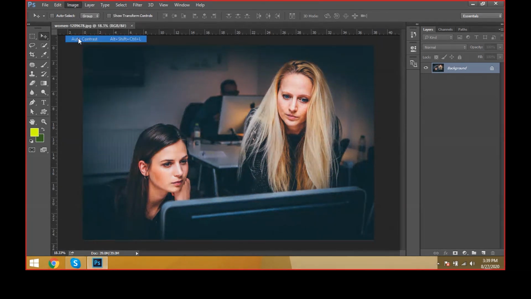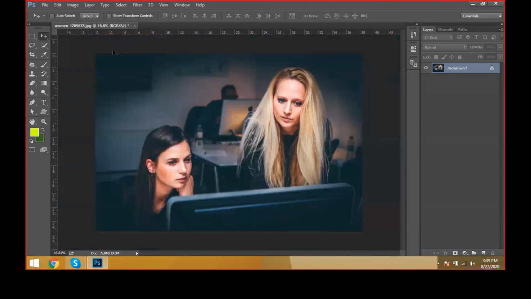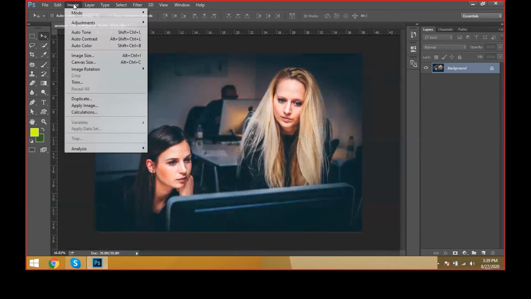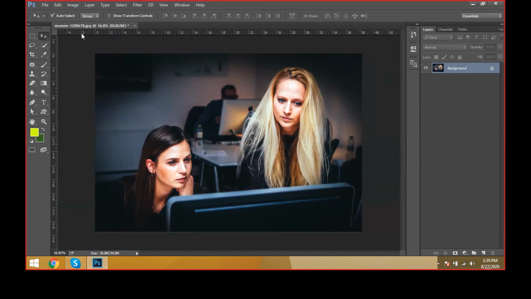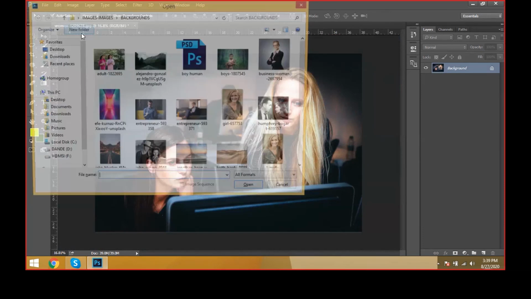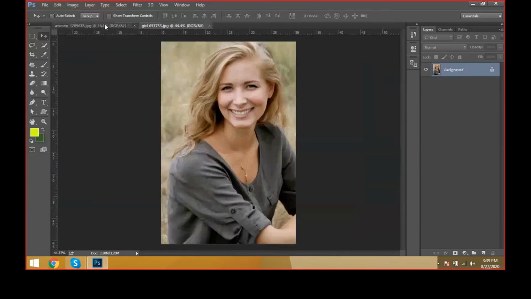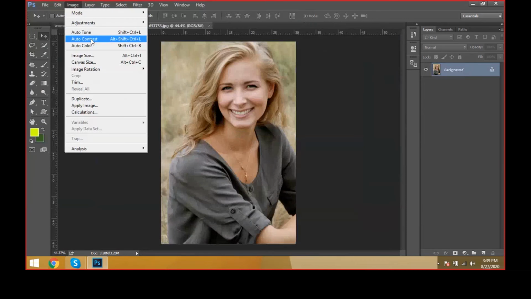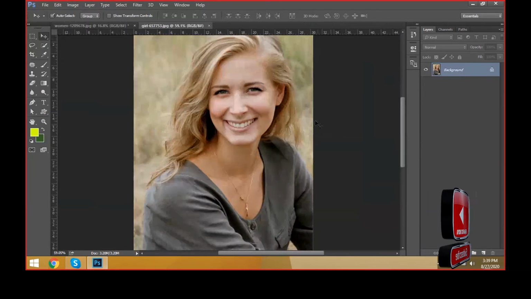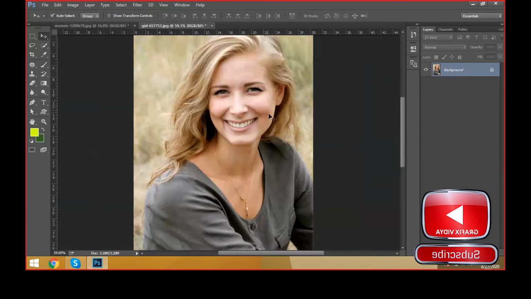And come here, this is the original again. I'm just taking auto contrast. Small changes have been applied to the image. Auto contrast. First one was auto tone. And if you go to one more image document, you can take it here and come to Image, Auto Contrast. See the lightness, what has been activated, auto contrast.